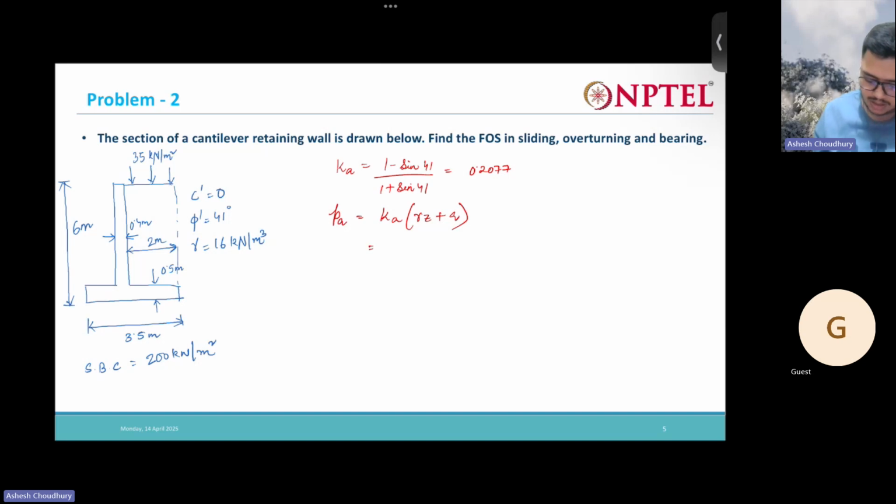So from here we can get 0.2077 gamma into Z plus the pressure 35. Okay. So total PA will be 0.2077 into